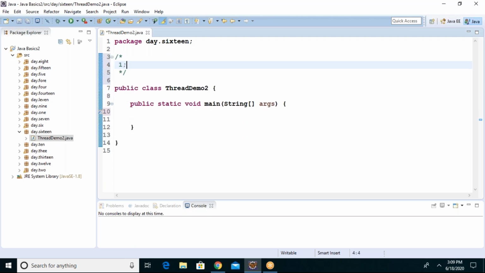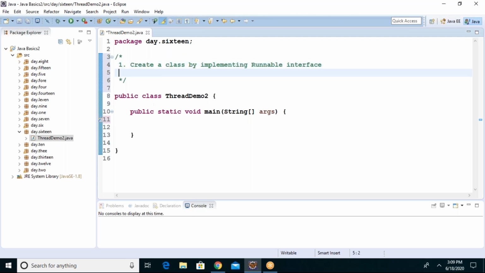Right. First step, create a class by implementing the Runnable interface. See, now we are using an interface, guys. Override the run method with your code.